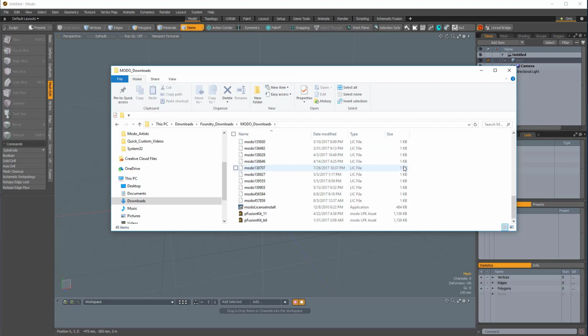So here I am in my download section. I have the pFusion kit. This is an LPK. So we're just going to click on this and drop it into our 3D viewport. And I'm not going to do this because mine is already installed. But after dropping it into the viewport, you can just restart Modo. And when you